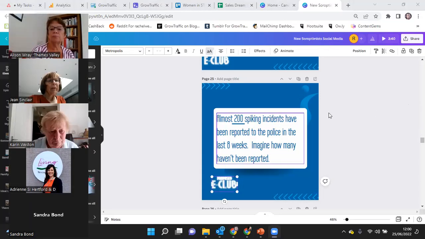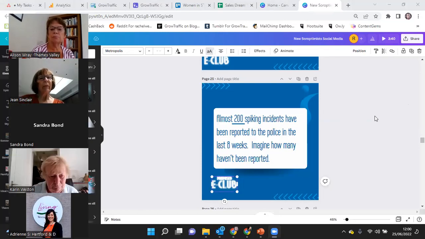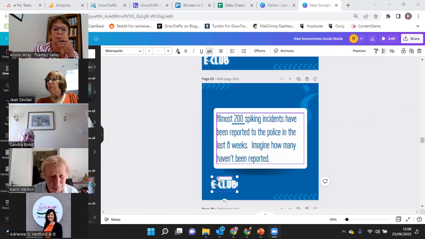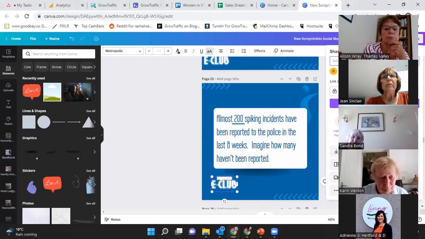And then when you're ready, you can just download it to your laptop, and then you can upload it to Facebook or wherever. When I talk about creating content natively, i.e. using it in the app, you're still doing that with Canva. So you're going to create a graphic in Canva, and then you would download it. Then you would go to Facebook, open Facebook up. So for example, let me just show you the process of that. So say this is page 25. I want to download page 25.